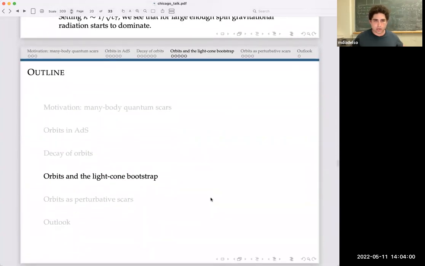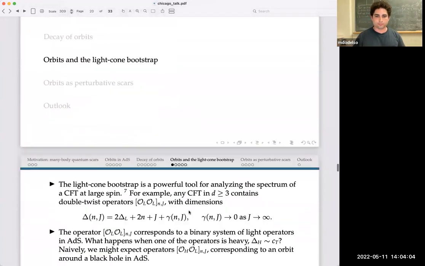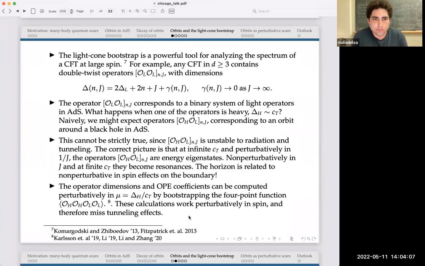Okay, so now let's go to the bootstrap. The light cone bootstrap is a very powerful tool for analyzing any CFT at large spin. In particular, in the case of two light operators, any CFT in more than 3 dimensions contains double twist operators, which are formed out of these two operators. We call those OL, OL, n comma j. N and j are two parameters that parameterize this family of operators, and the dimensions of these operators are almost the dimensions